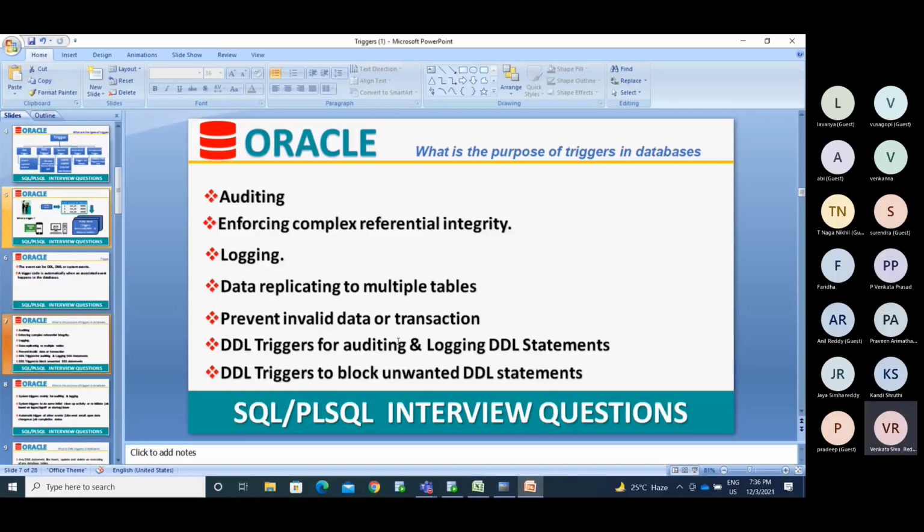You will get the number of records for that employee number. If the value is greater than 0, it means that value is already present.